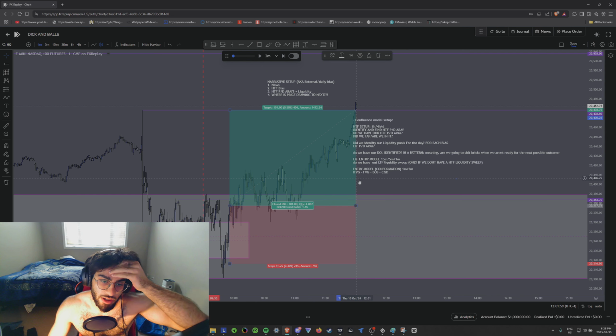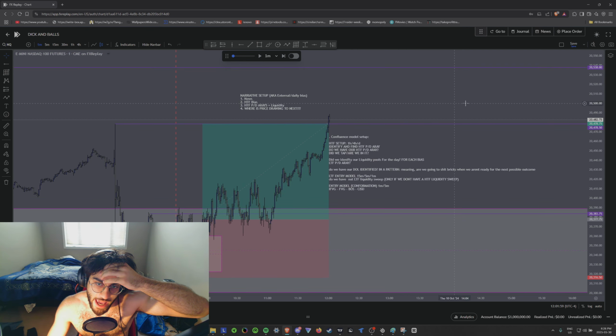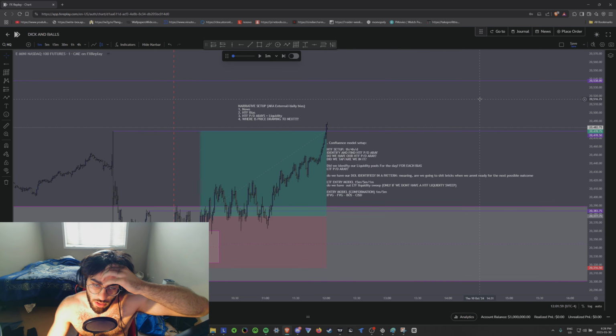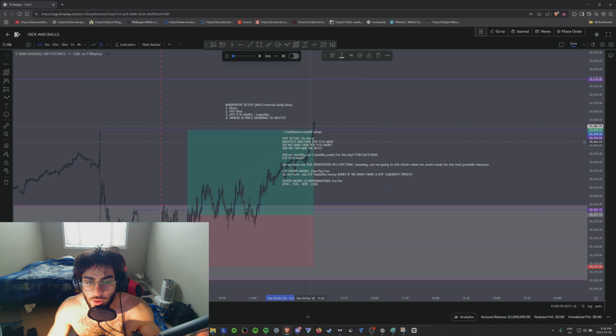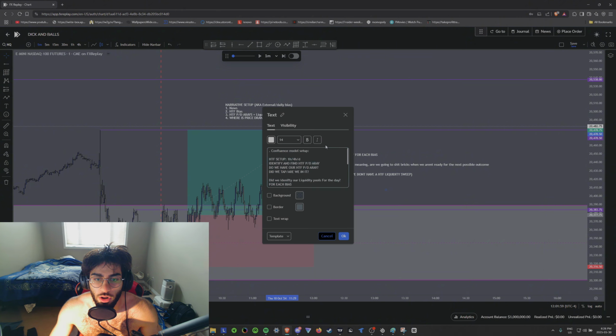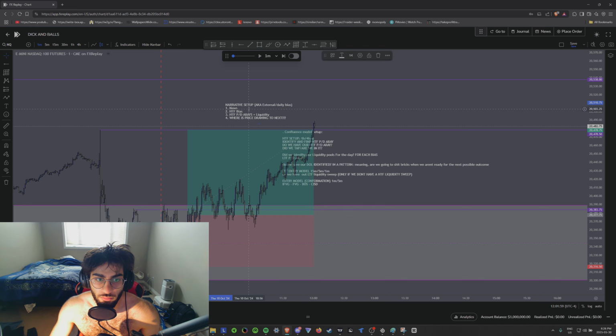How to set your stop losses and take profits, and when to partial out and break even your trades. All right, it's very simple. I'm going to copy paste this because this is some pretty important information. What you guys need to know about these things that I've just told you is pretty much going to be